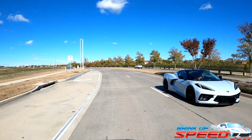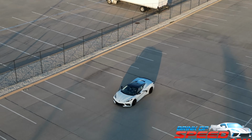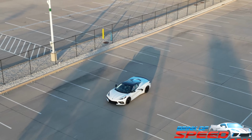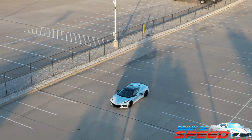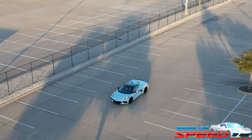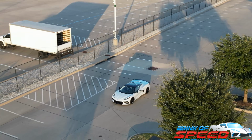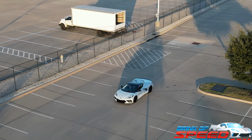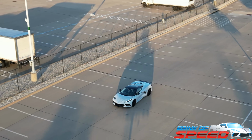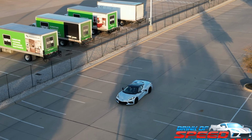If you want to save $6,300, then you don't need Z51. So those are the 3 reasons that I came up with that pretty much tell you why you shouldn't buy a Z51 package C8 Corvette. But then I came up with a bunch of reasons why you may want to consider buying that exact package if you're seriously wanting a car that's going to be able to perform the way that you really want a sports/supercar to perform, and if you want it to have